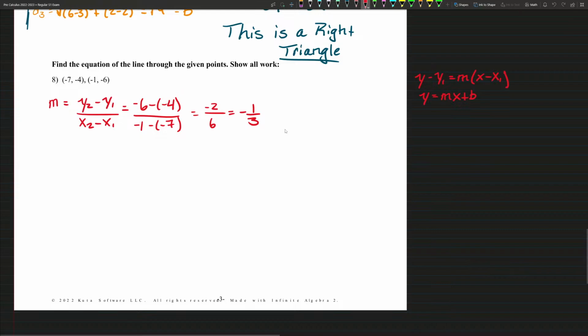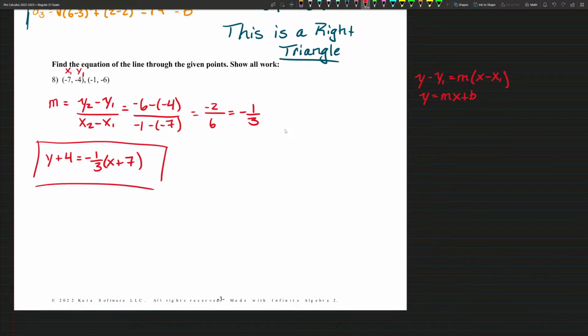And for point slope form, this is easy. We just pick one of these points. So we get y plus 4 is equal to negative 1/3 x plus 7. You could also use slope-intercept form. So let me just stop. That's it. You have to find the slope. You have to find the equation of line. That's good. If you don't do it using point slope form, like I just did in red, you still have